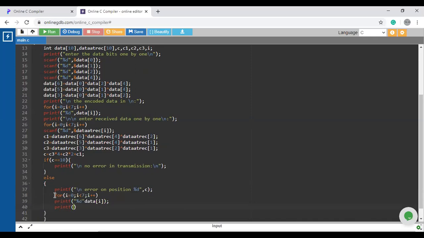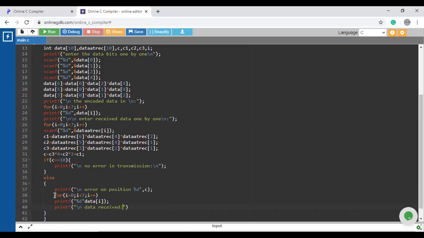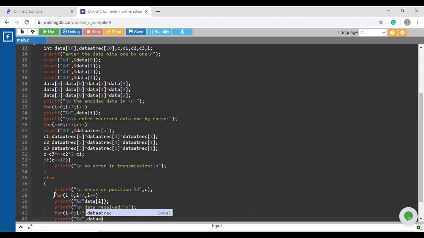Now I'm going to print the data received at the receiver side. For this, printf statement, for i equal to 0, i less than 7, and i plus plus, data at receiver side.